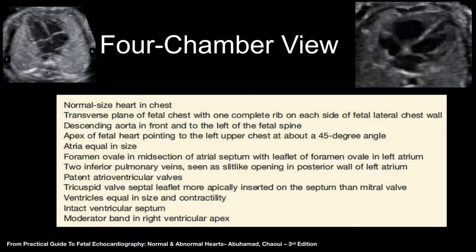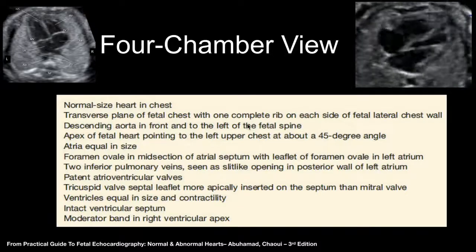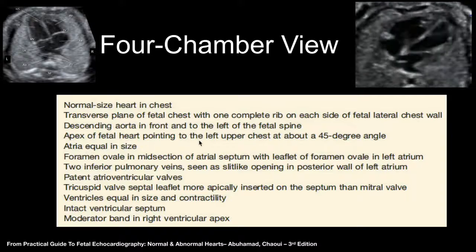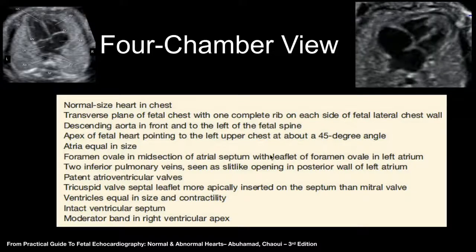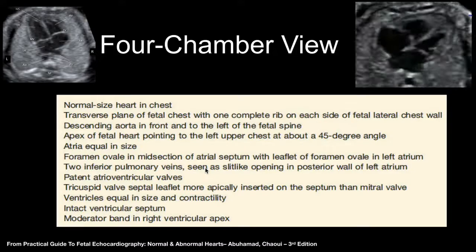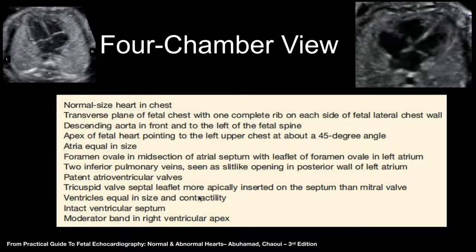So, 4-chamber view: normal size heart and chest, transverse plane of the chest with 1 complete rib on each side, descending aorta in front and to the left of the fetal spine, apex of the fetal heart pointing to the left upper chest about 45 degrees, atria equal in size, foramen ovale opening in the left atrium, 2 inferior pulmonary veins seen in the posterior wall of the left atrium, patent AV valves, tricuspid valve septal leaflet more apically inserted on the septum than the mitral valve,